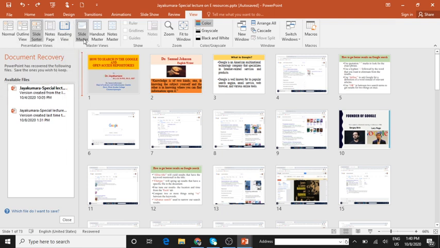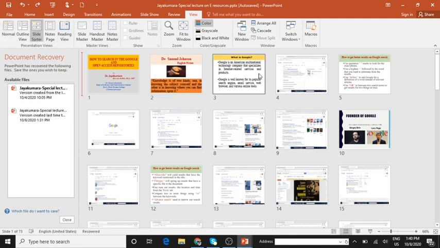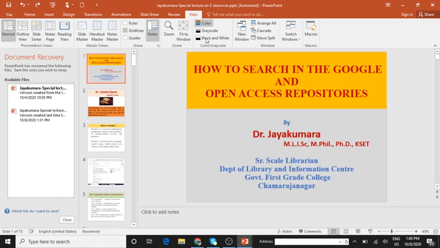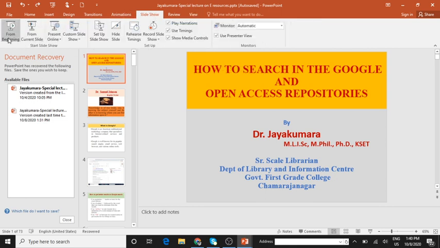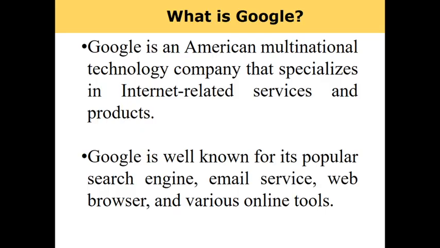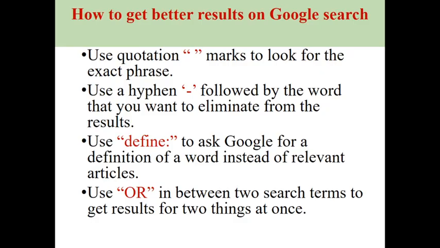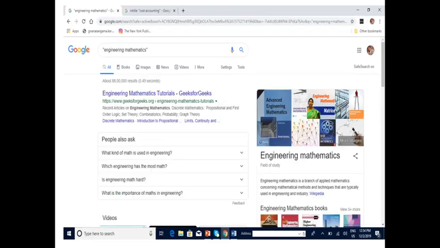Then the next one is slide show. Okay, the next one is slide show. So run the slides, click on the slideshow. From where you want to run, you can use them. From beginning, I'll just give it. So this is how the slideshow runs, where slides run one after another, either as per recorded time or according to the press of a key.